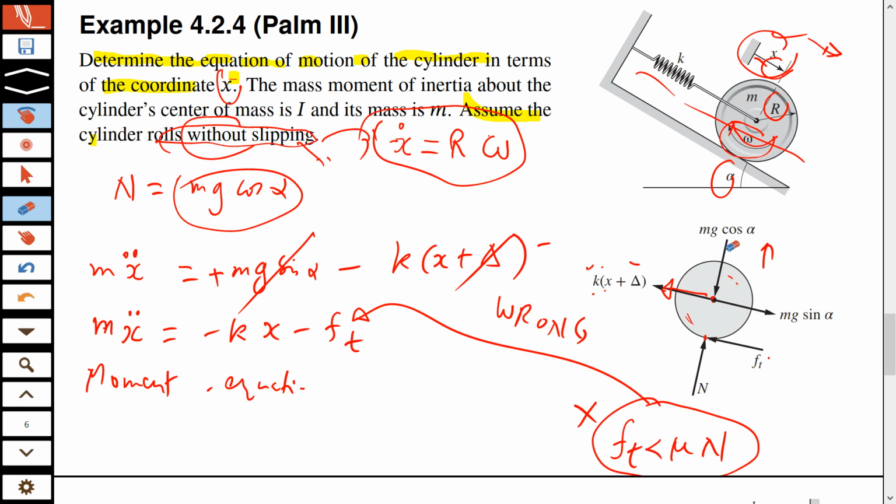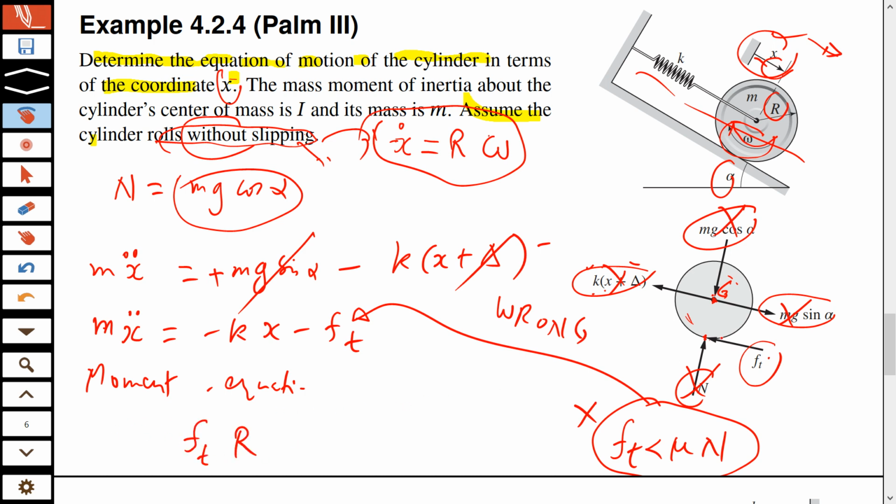मोमेंट इक्वेशन आप लिखेंगे, you can either write it about G center or you can write it about P. It's easy to write it about G. Advantage G का ये है कि when you choose G as your point about which you write the moment equation, तो ये जितने भी forces हैं, ये वाला, ये वाला, ये वाला और ये N वाला, इन सब के moment zero हो जाएंगे। They will all give zero moment क्योंकि they all have their line of action intersecting this G. So the only force left will be ft, and that ft will have a moment given by